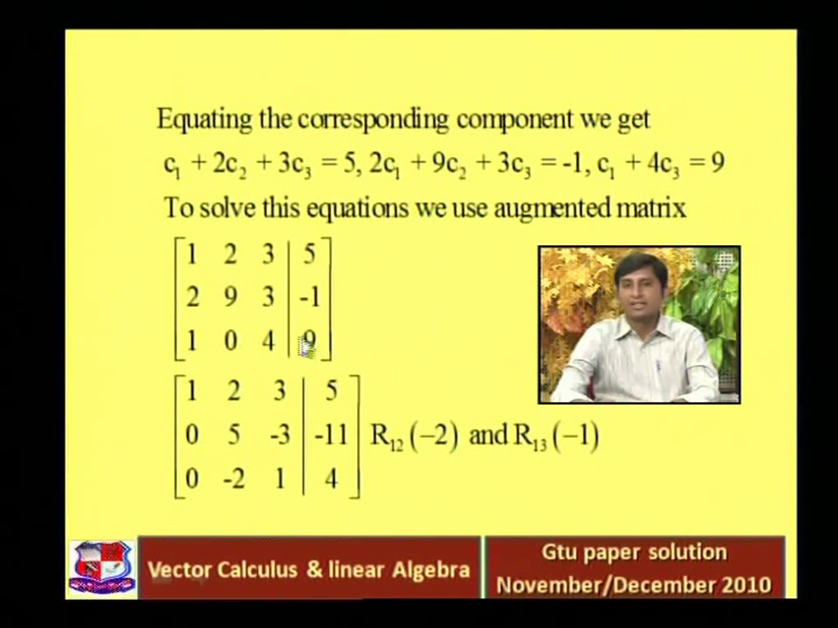Now we are converting this matrix into a row echelon form matrix. You already know how to convert any matrix into row echelon form. This is our leading entry for the first row. So we are multiplying the first row with -2 and adding into the second row, and multiplying the first row with -1 and adding into the third row. So the first row is as it is, 1 2 3 5,